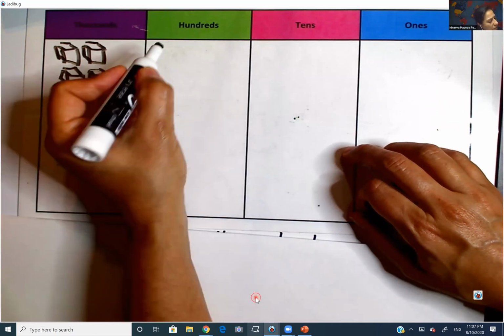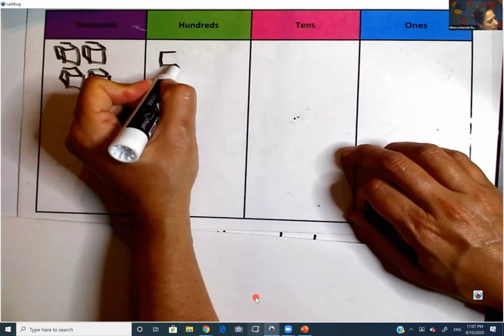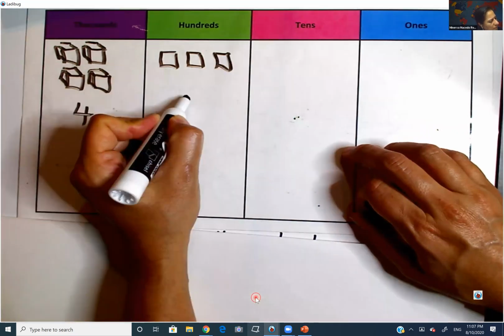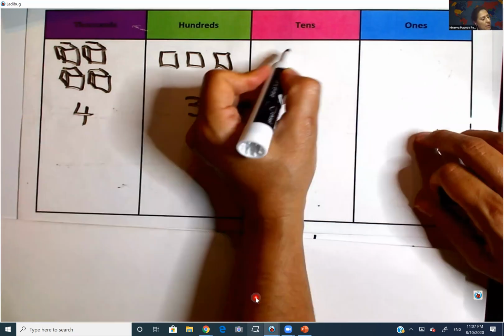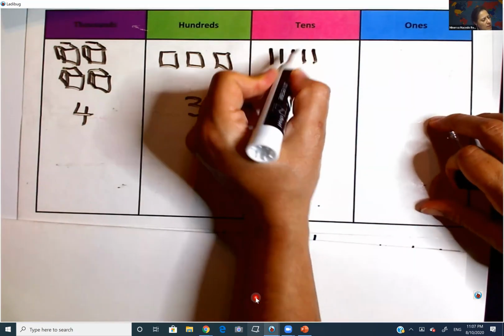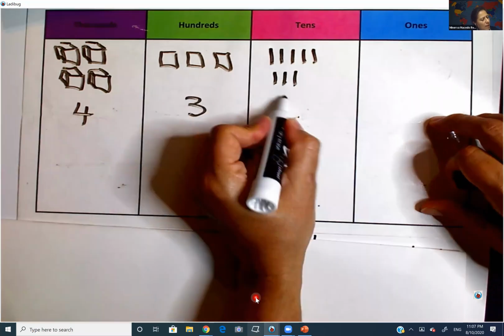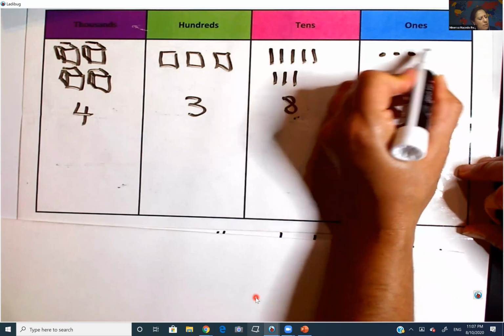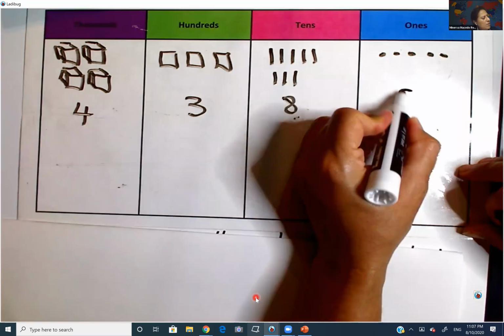Then we have 300, 100, 200, 300. And then we have 80, 10, 20, 30, 40, 50, 60, 70, 80. So 8 tens and 5. 1, 2, 3, 4, and 5. So the number is